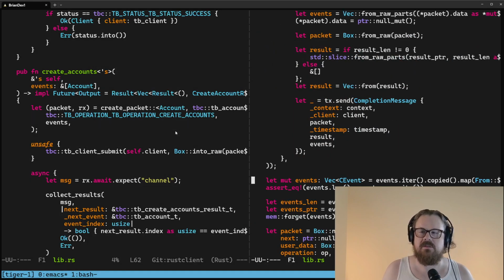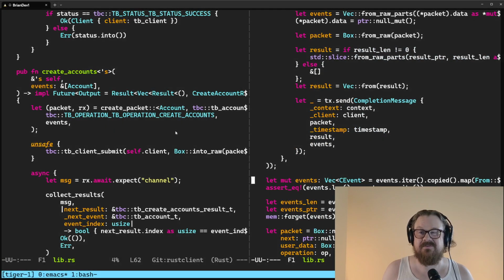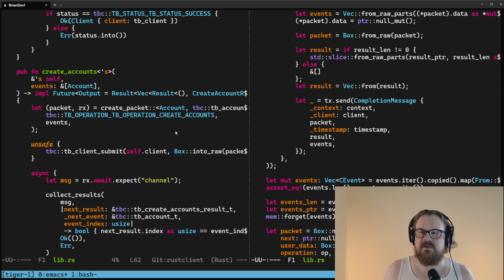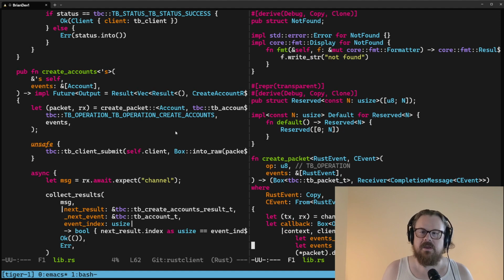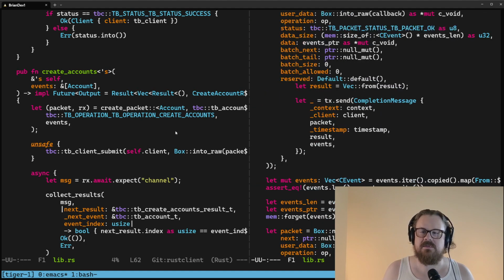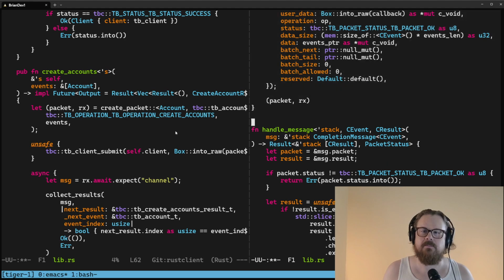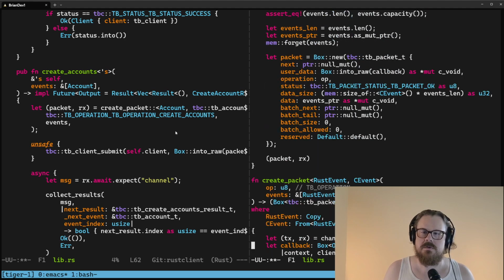So really, the only thing we're going to do is make this slightly different. Okay, let's create another create packet method. Just copy this whole thing. And this is going to be,